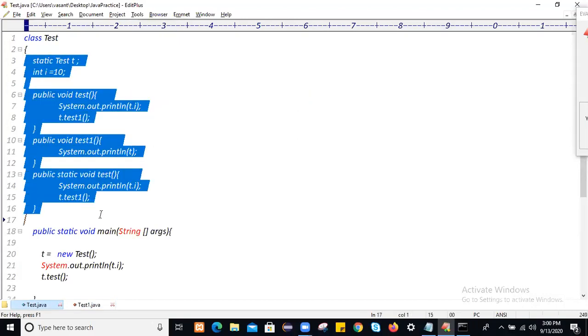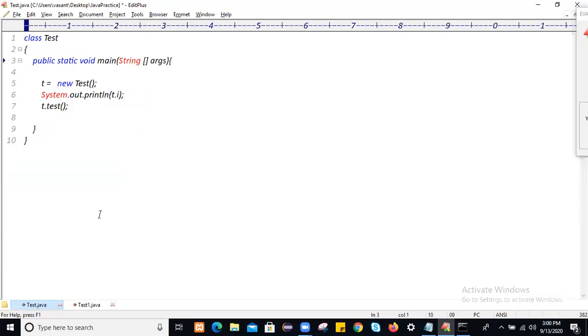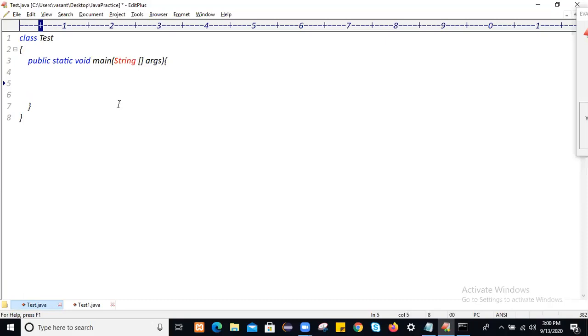So let's go with local variable only. How to convert local variable? Smaller data type into bigger. Let me create one data type that is called short type. Short s is equals to 100. This is a short data type. So how much memory? Default memory allocation is 2 bytes of memory.